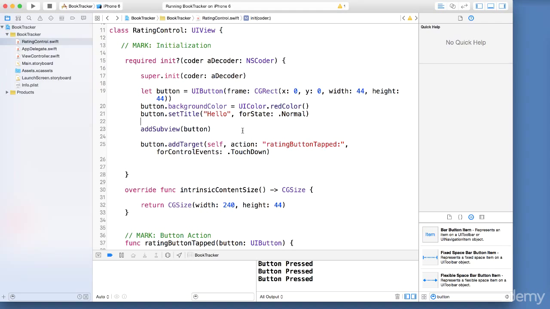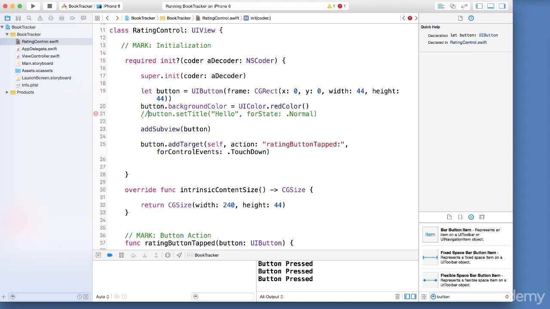So button press. The same things we're able to do with Storyboard, we can do manually in code. Now you may say, well, this is a lot of work. Why would I even do this? Well, the power of being able to do this is that you can change a lot of things with your views, with your controls. Because now we have the power, look at this, to change the state, the colors, and to do a lot of things in code dynamically. That's one of the advantages of being able to do custom views.